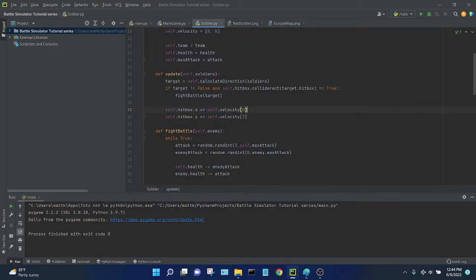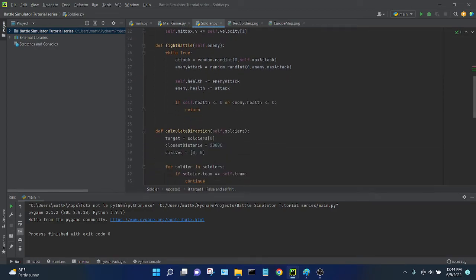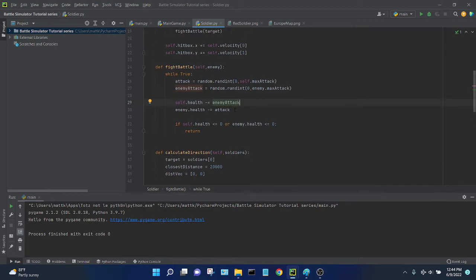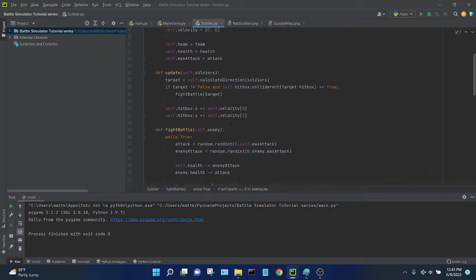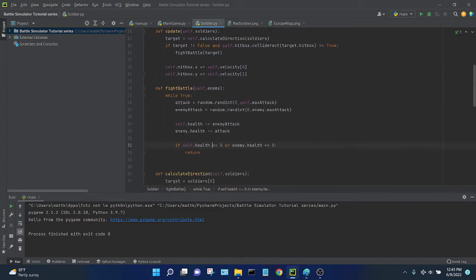And then if there is a valid target and the two soldiers are touching, then we can fight the battle, and all we do here is generate random numbers and subtract them from each other. And as I messed up saying earlier, for the current soldier, you subtract the enemy's attack from the enemy's health, and you subtract the current soldier's attack from... it's opposites. And now I'm going to run this, except let me make one